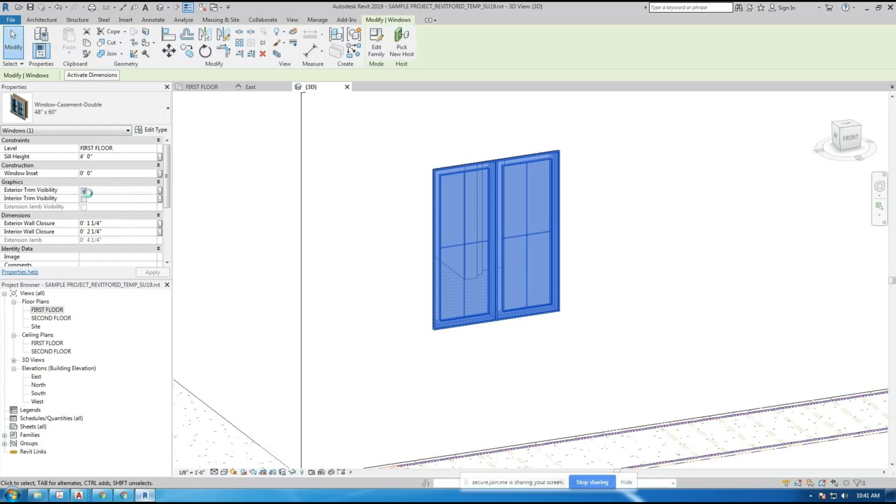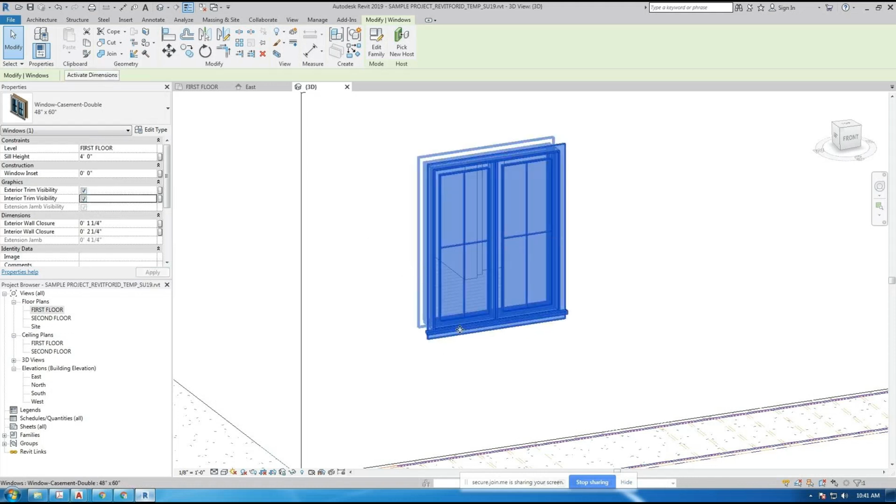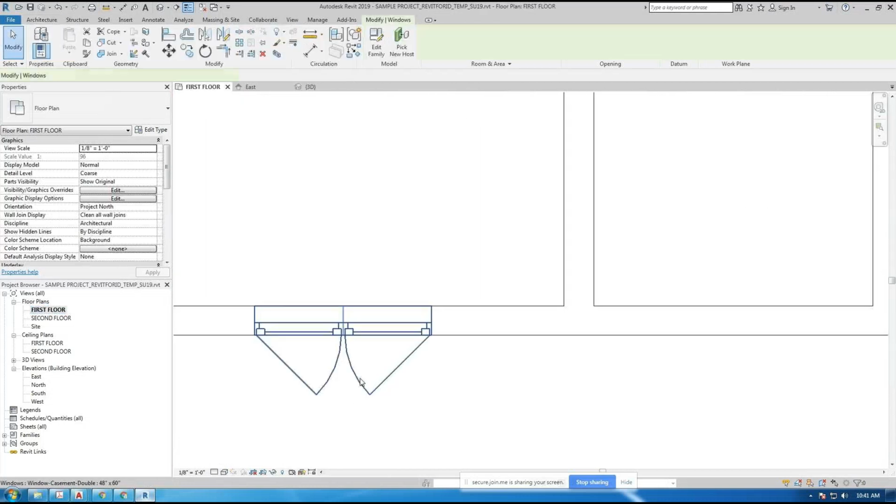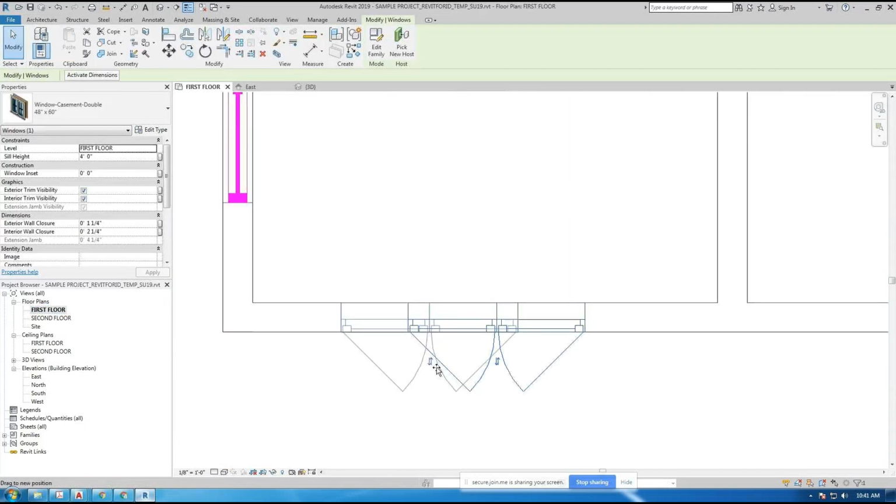But these properties here will affect just this one window, which means that if I'm in the floor plan here and I drag this window over to the right or left and I copy it here,